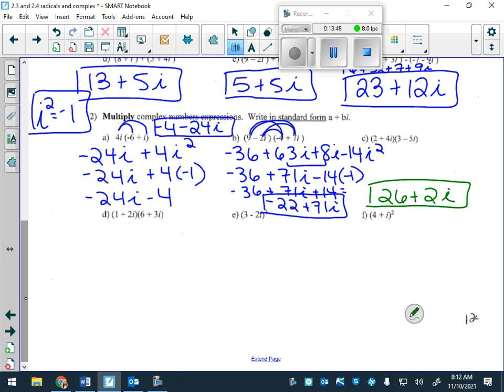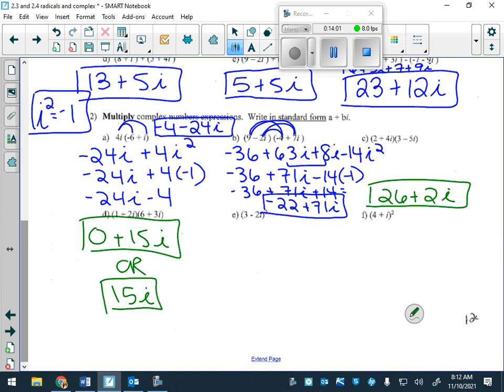Yeah? Just 59, because what happened to our 6s, right? They canceled out. So if you had 0 plus 15i or just 15i, either one is acceptable. 0 doesn't really matter. Okay? Now if you look at E and F,